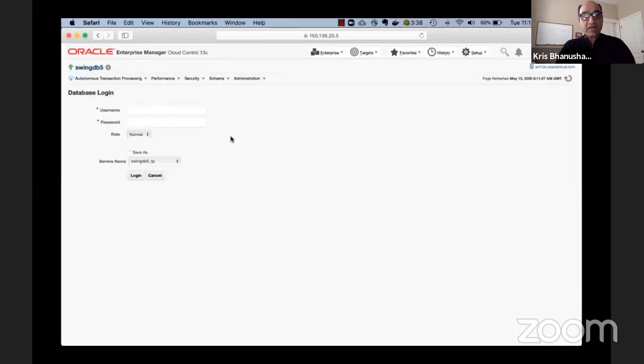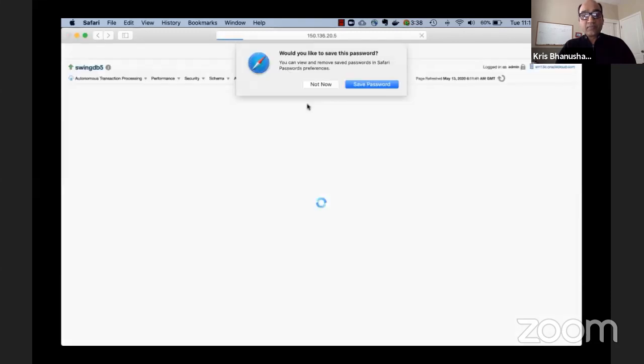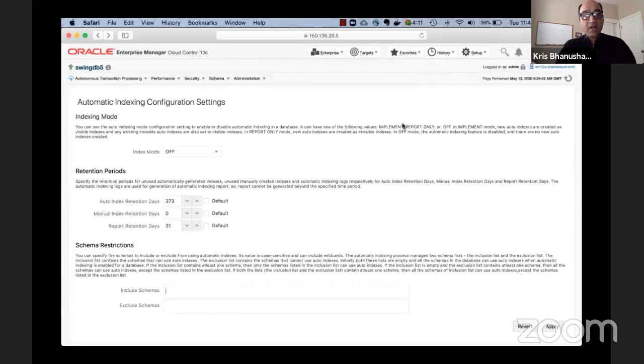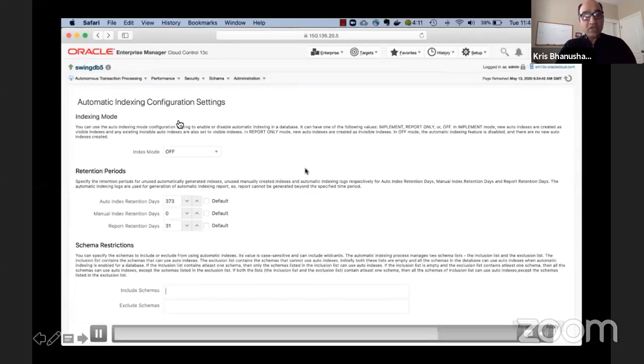And I now go to the console and connect to the database as user admin. And I can see that index mode is set off, right? So I went to the auto indexing page, which is under performance, and I see that indexing is off.